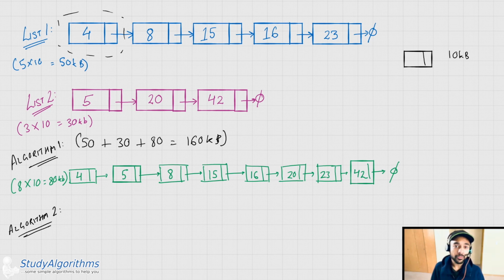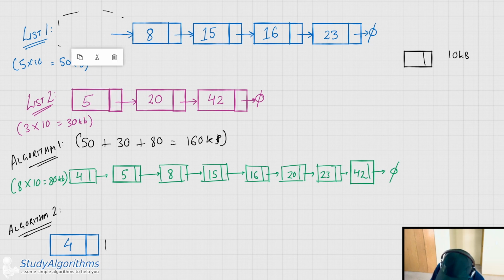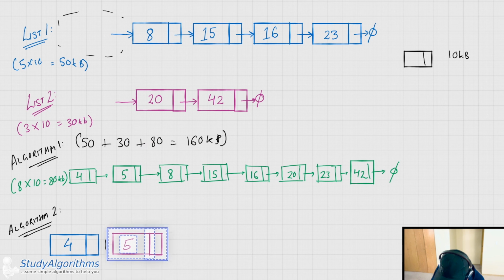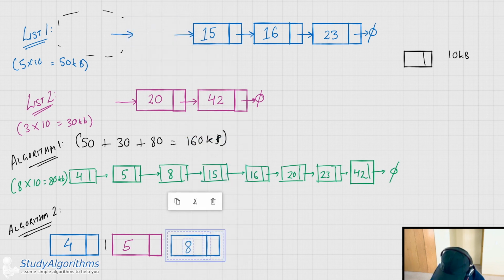Now let us try to find one more algorithm to solve this problem. Instead of creating a new list, why don't we use the elements of the actual list and then create a new list? What do I mean by that? I would take up element number 4 from the list and then copy it over to the bottom. Next, I know that the next element is 5, so I take up this element and copy it at the bottom. The next element would be 8. I take this up and copy it at the bottom.